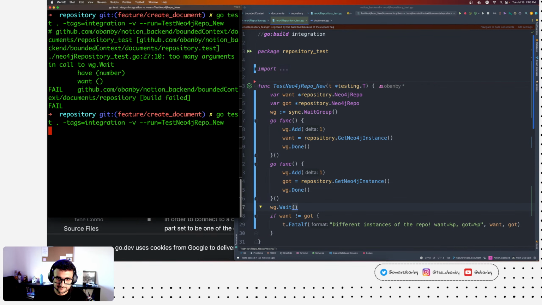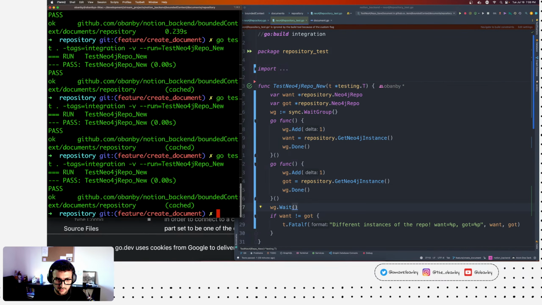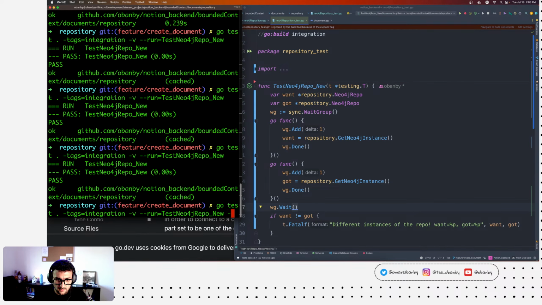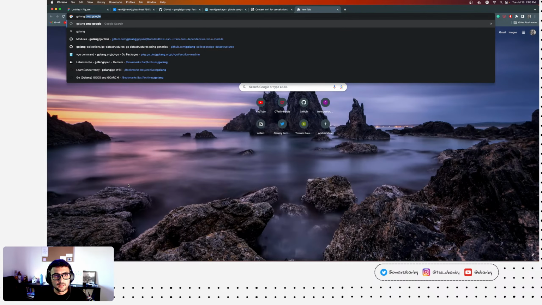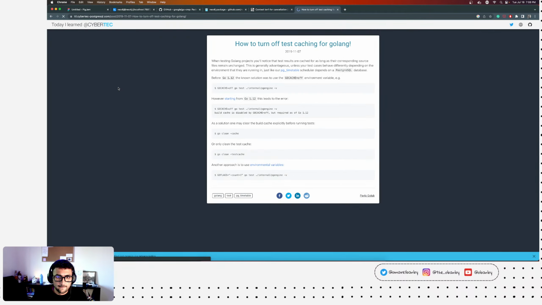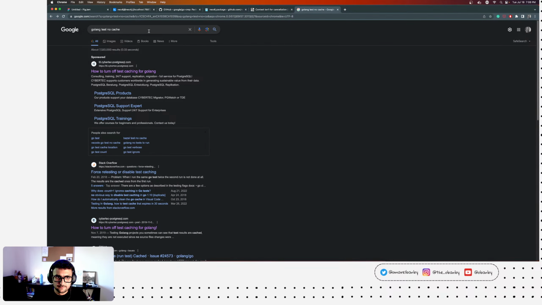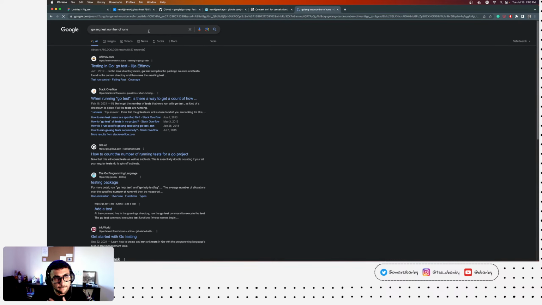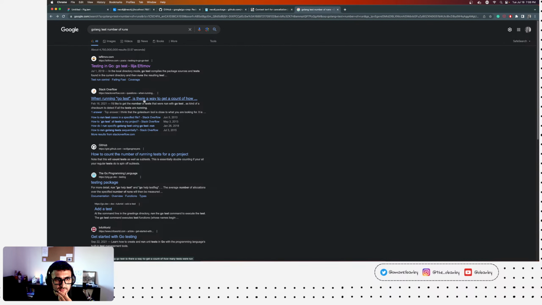Right. One second. GoLang test no cache. Or wait, why is it?